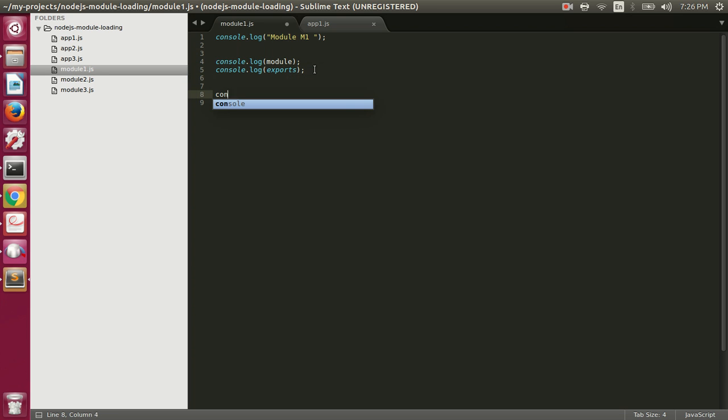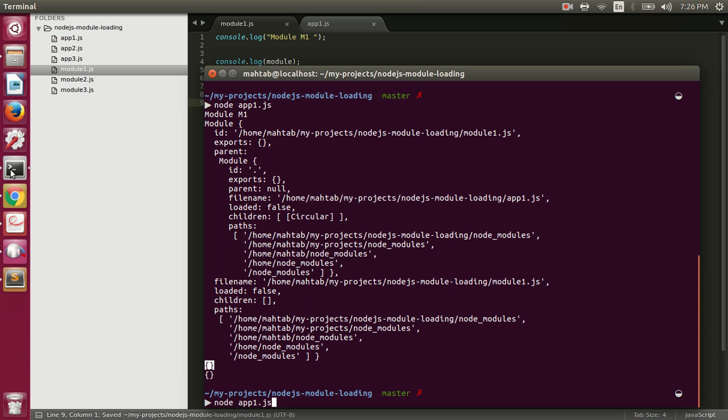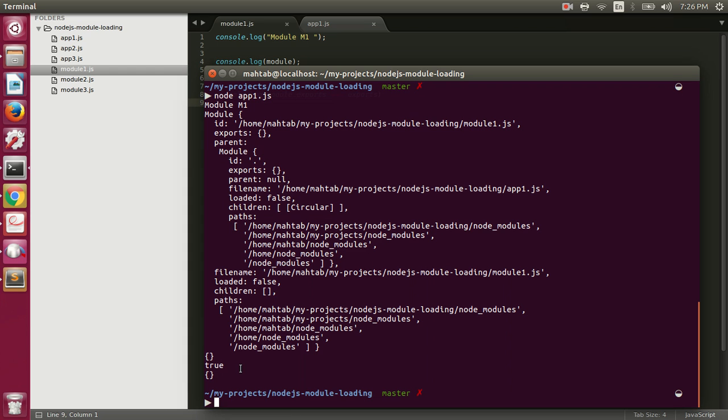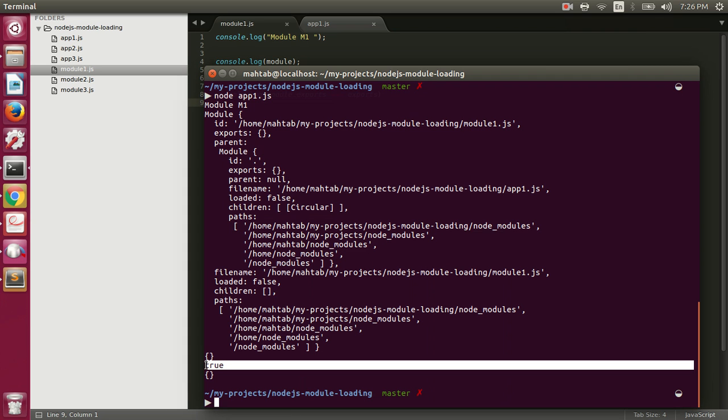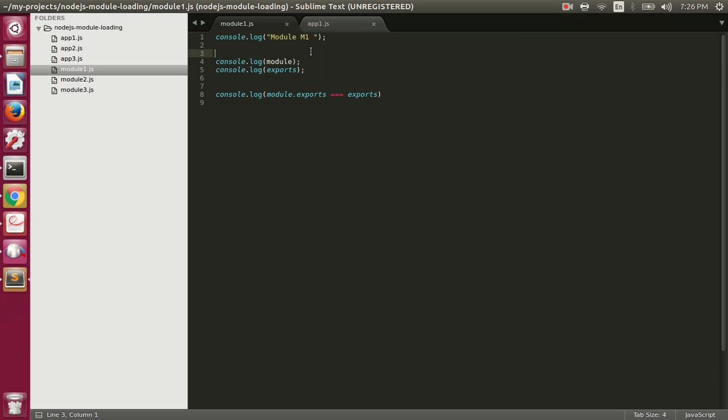So let's do console.log module.exports triple equal exports, because they both have the empty object as the default value, and here we are checking whether both are pointing to the same empty object or not. So let's just run this. So it prints true. That means they both refer to the same empty object,